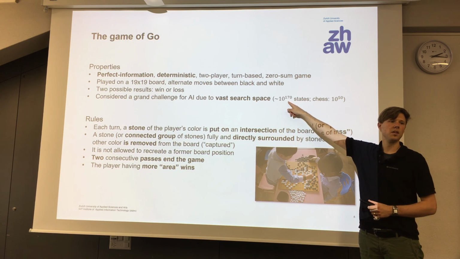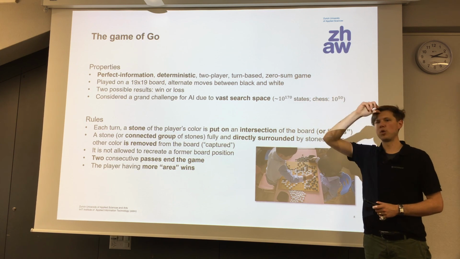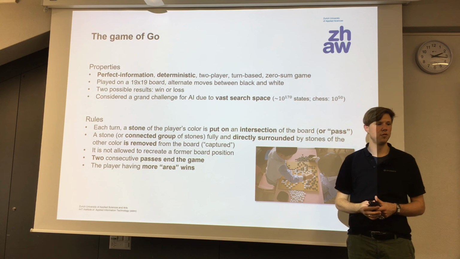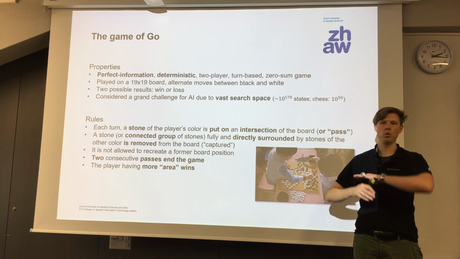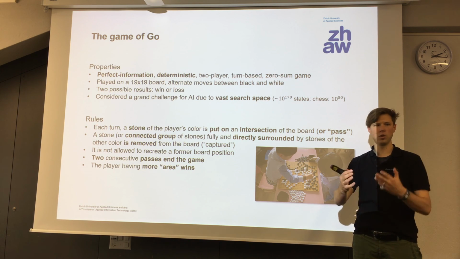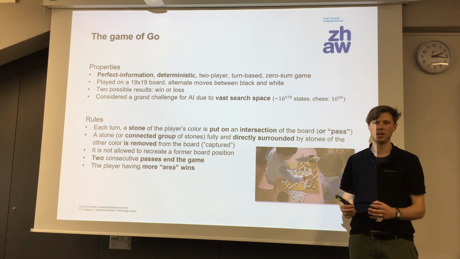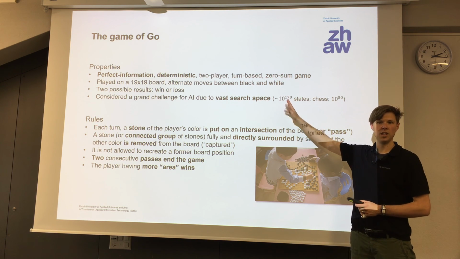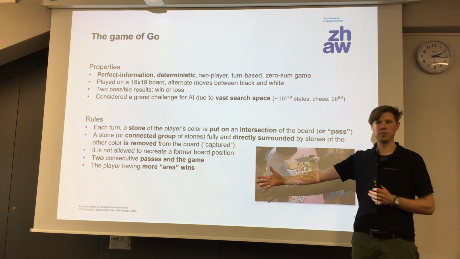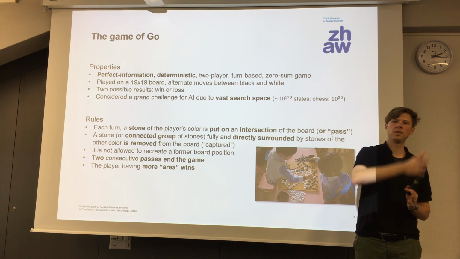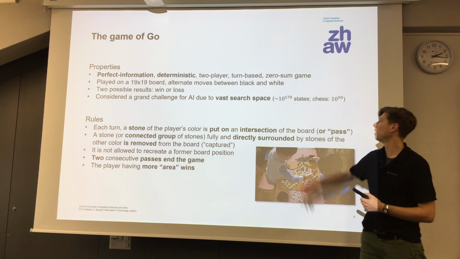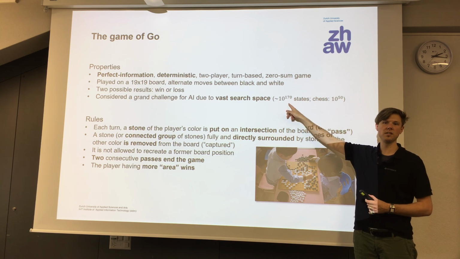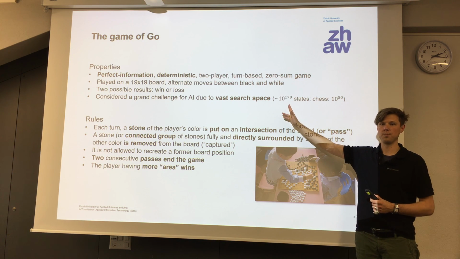Go is an order of magnitude higher in the number of possible game states. And if you want to play a deterministic game where there's no chance involved, there's no invisible things where you have to guess, it's completely deterministic. You can do perfect play if you just search all possible states and go to the ones that lead to your desired result. But it's impossible, even with modern machines, to solve that exhaustively.